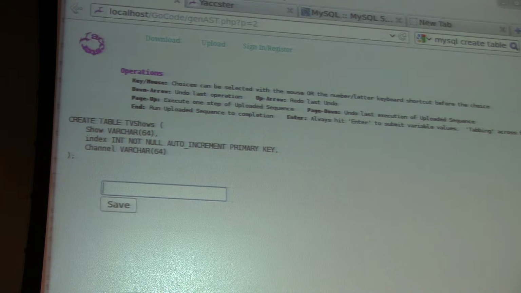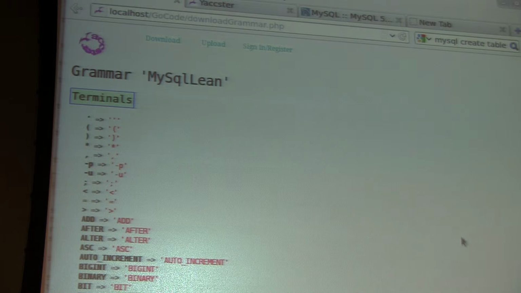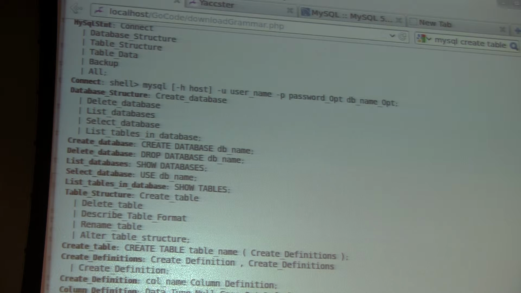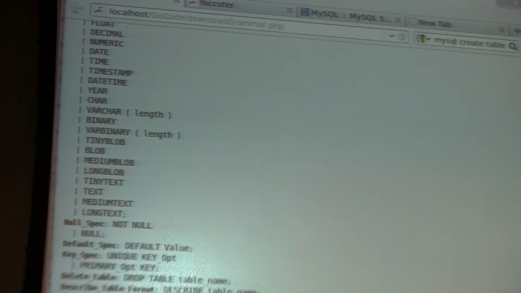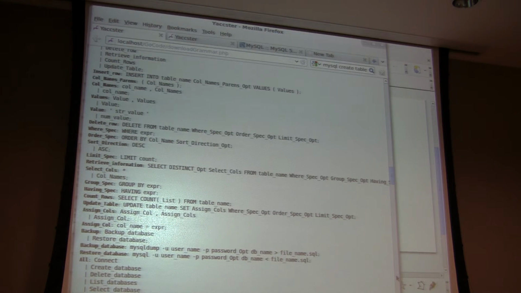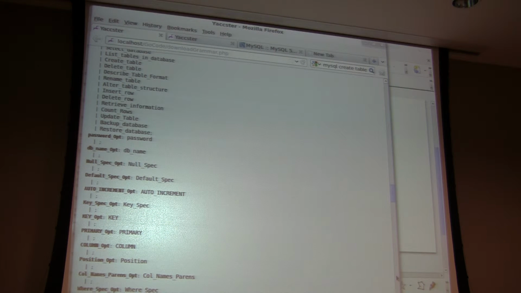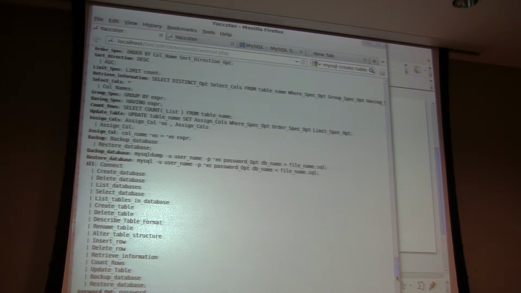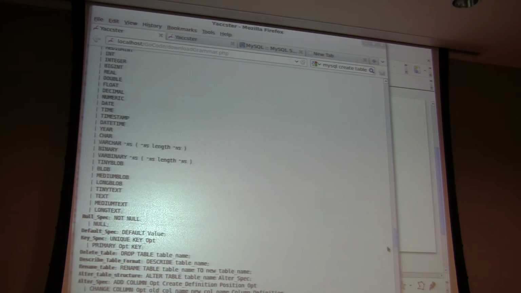And then, since these things I found are kind of personal, you may want to customize it for yourself. One of the main features of the project is that you can download a grammar and take a look at it. This is like the MySQL lean that I did. If you want to upload a grammar, you can modify this and put in your own customizations. Say you want to add different columns or grant privileges in there. I didn't put that in there, but if you want to add that in, you could modify this and then upload it for yourself. So it's your own customizable cheat sheet, basically,